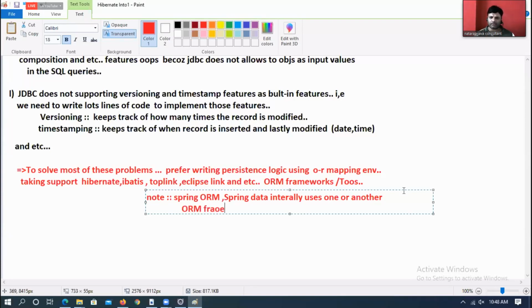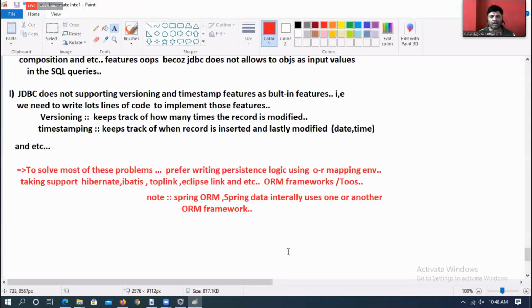So the people who are thinking about Spring ORM, Spring Data, now concentrate. They also internally use one or other ORM frameworks. They are not any great thing. They also need the knowledge of one or other ORM framework. Spring JDBC is different.